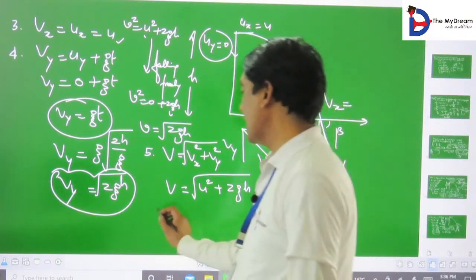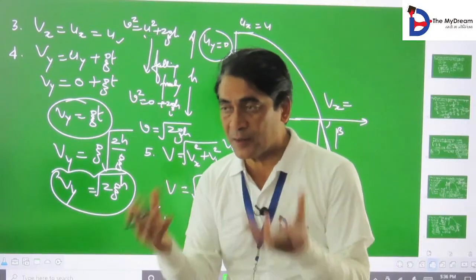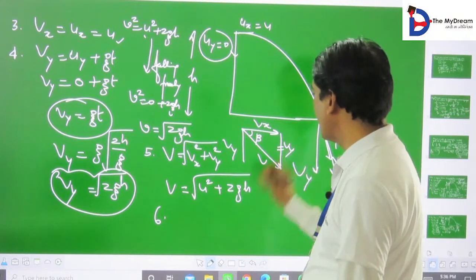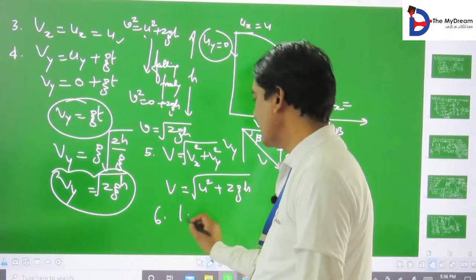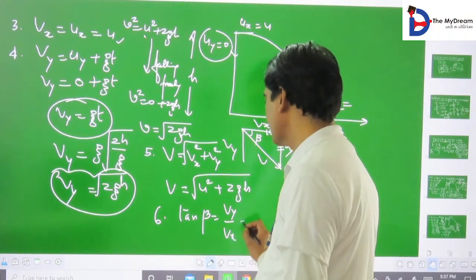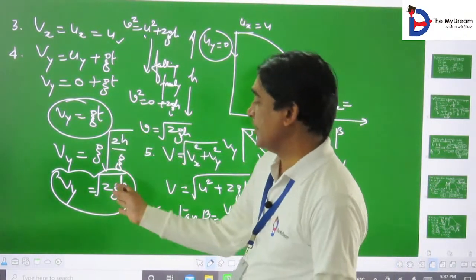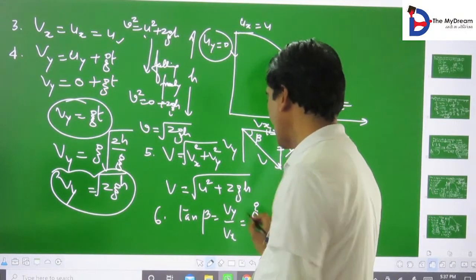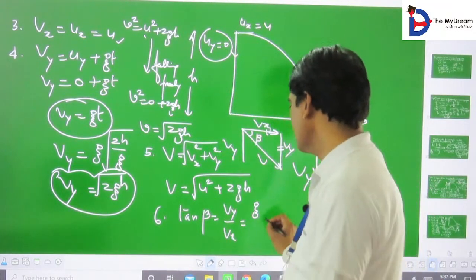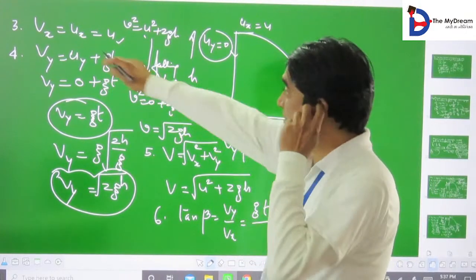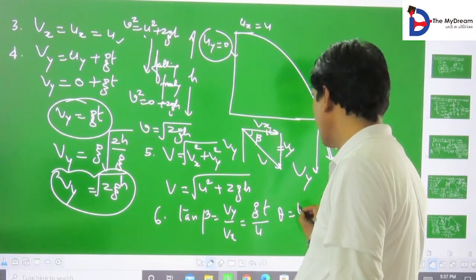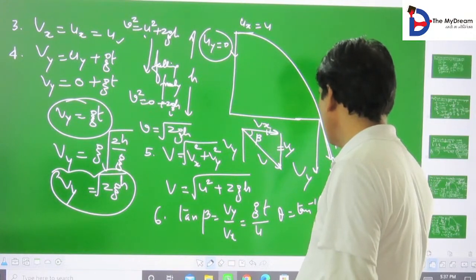Now you want to know किस एंगल से वो, किस पर्टिकुलर एंगल से वो टकराएगा। That is tan बीटा। बीटा के सामने वाला परपेंडिकुलर ये है, बेस ये है, तो tan बीटा क्या दे रहा है बेटा, Vy अपॉन Vx। Vy आप gt लिखें, ये लिखें, उससे कोई फर्क नहीं पड़ता। अगर आपको टाइम इंटरवल दिया है तो आप t लीजिए, और आपको हाइट दी है तो h लीजिए, क्या प्रॉब्लम। gt Vx तो ux है, विच इज इक्वल टू u। तो थीटा इज इक्वल्स टू हो गया tan इनवर्स gt बाई u।